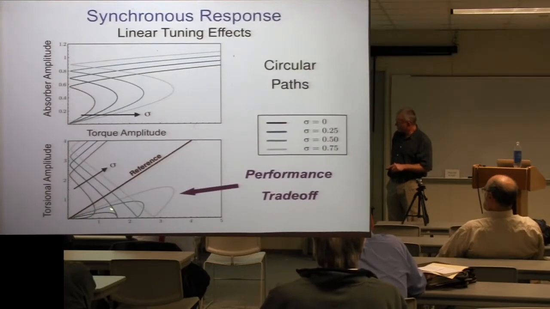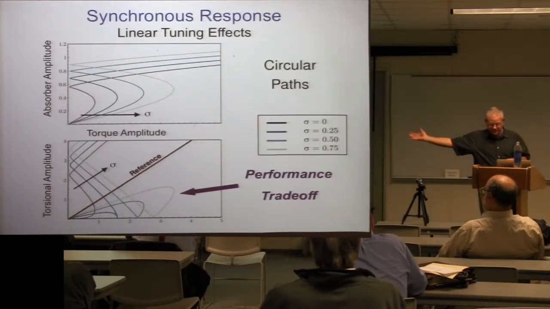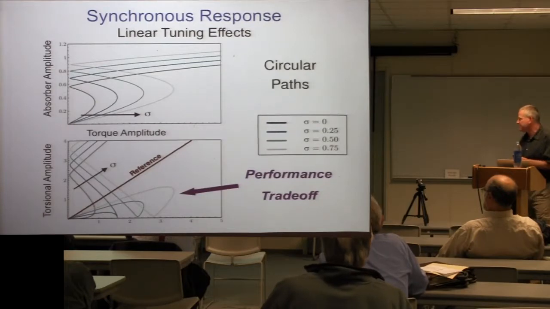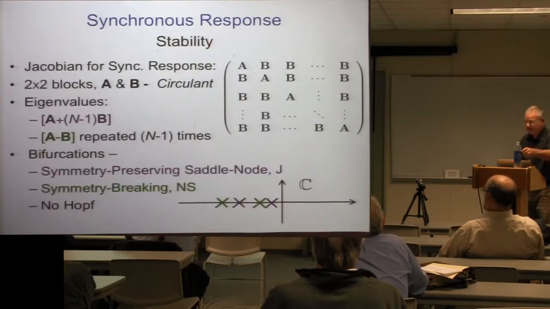But you can see that you pay the price. While you get a longer range of response, you get a higher torsional vibration. I must admit that I'm going to talk about other instabilities that happen besides the saddle node. But this is very important to the car companies because they're always trying to balance the performance versus the torque range. And now it turns out that if you look at the stability of this problem,